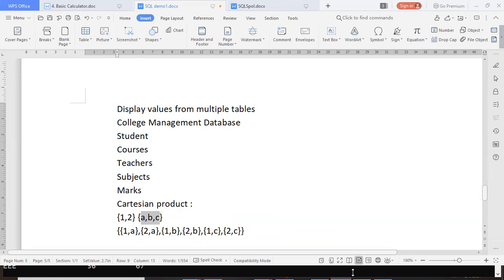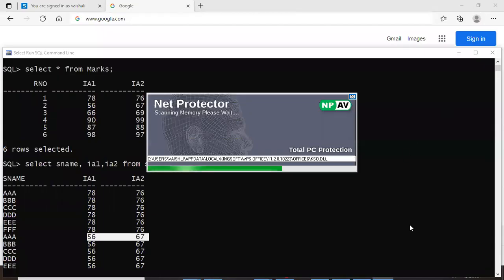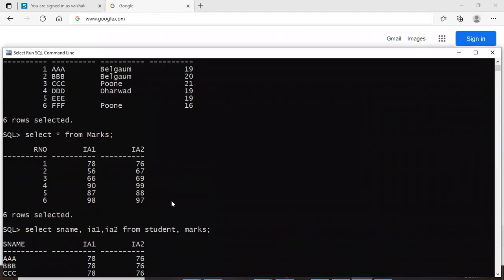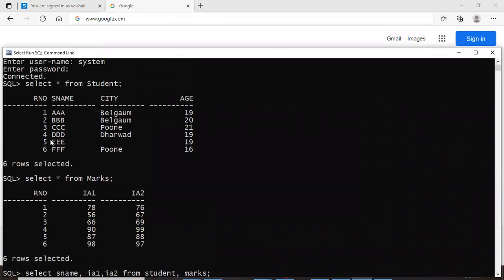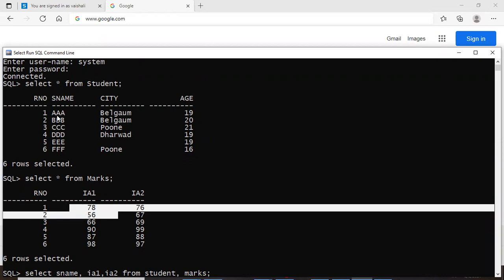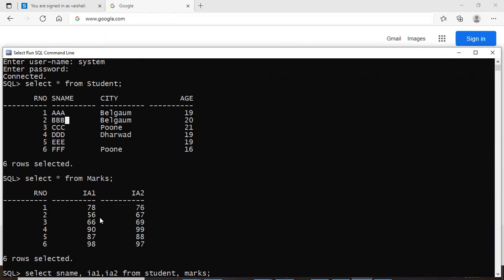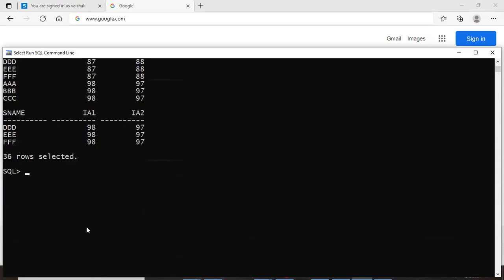Similarly, what has happened here in the case of our SQL? There are 6 records from the first table, 6 records from the second table. When it performed the Cartesian product, it took the first value, paired it with the first value of the second table, then the second, third, again paired with the first. Once it has finished all the values from the first table attached with the first pair, it has taken the entire set again with the second pair, the entire set with the third pair, like that. So 6 into 6, in total it has created 36 records.